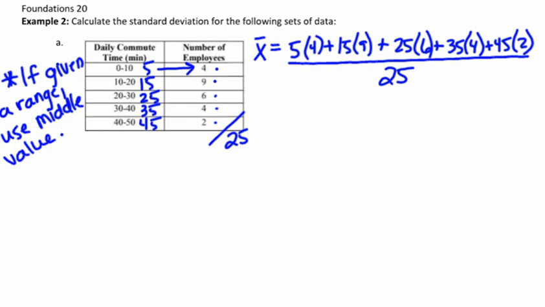Standard deviation follows the exact same now. We just need to keep in mind the number of employees we need to be multiplying by. So standard deviation equals the square root. So our number where we have 5, again, we need to multiply 4 times this happens. So 5 minus our average, which we didn't finish here, sorry, is